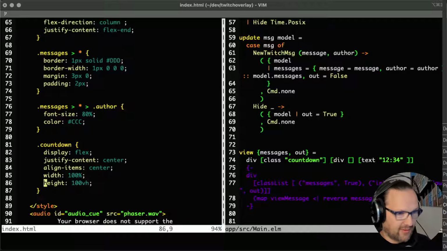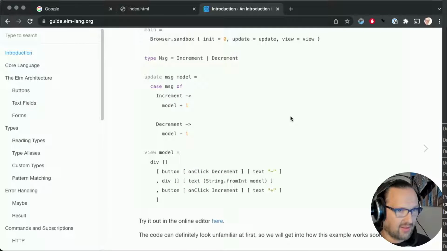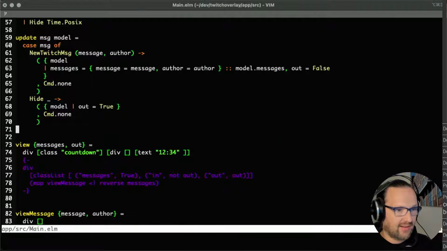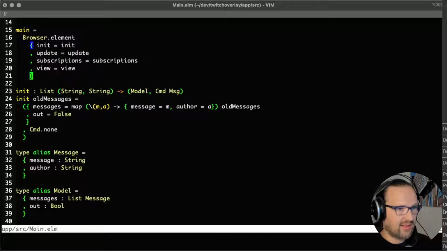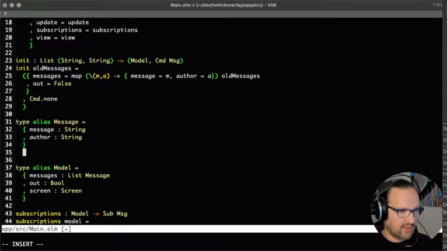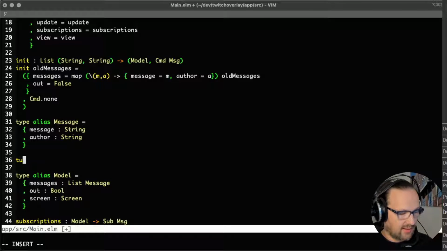Okay, so we fixed our CSS here. I don't know why it's not working on my streaming computer yet, but that's something I can figure out later on. So for now, we just have what looks like a static website with this string in the center. And now I think I'm going to introduce a new state for my application model here. So let's call it screen, of a new type screen that I'm going to introduce as well. So let's say type